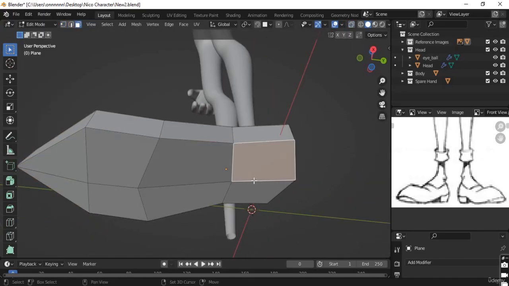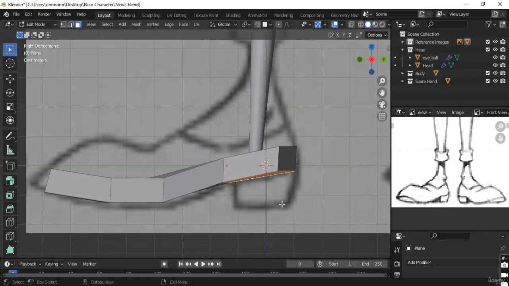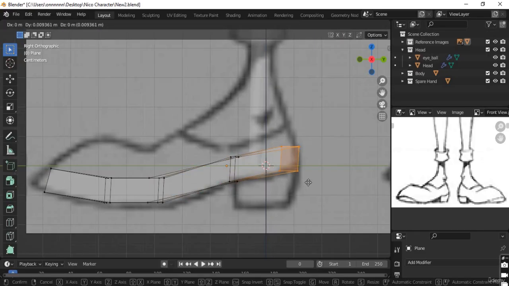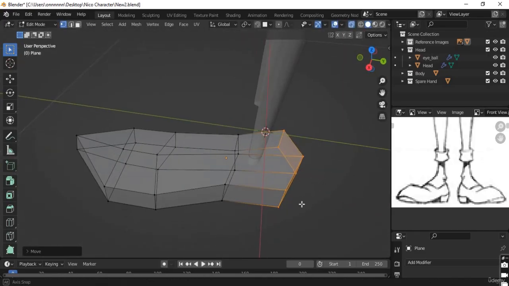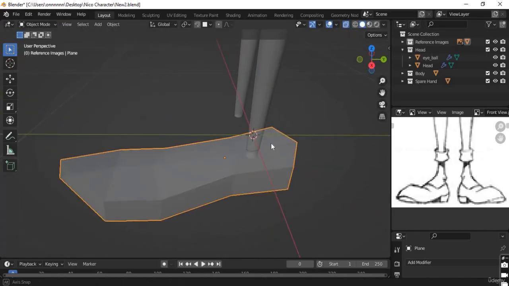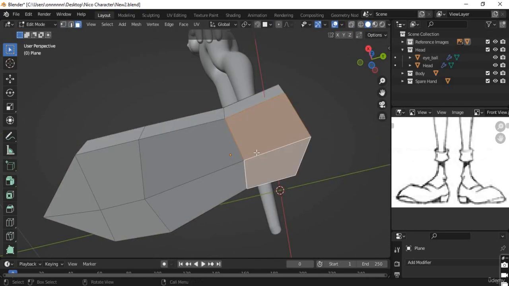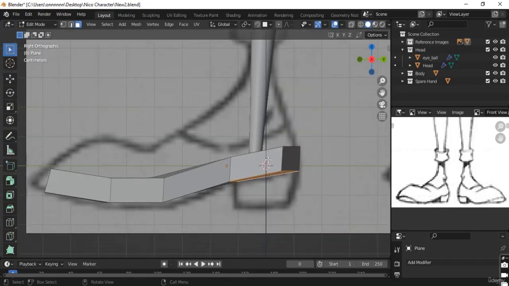I'm gonna select these faces from the side view, and let me toggle X-ray mode. I think I probably need to shift things a little bit more. Okay, then what we're gonna do, I'm gonna select these two faces, and I'm going to